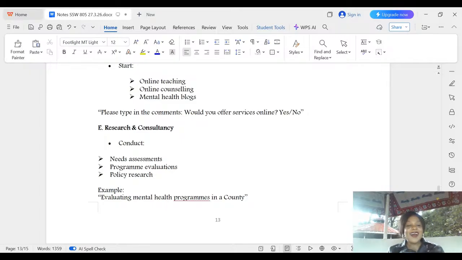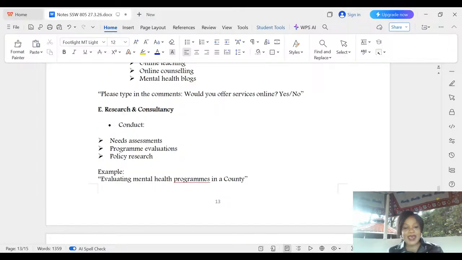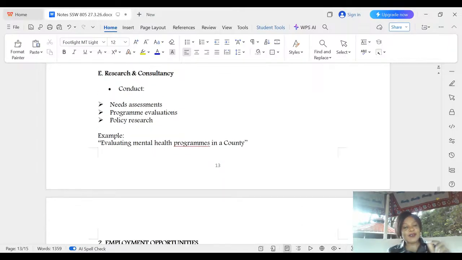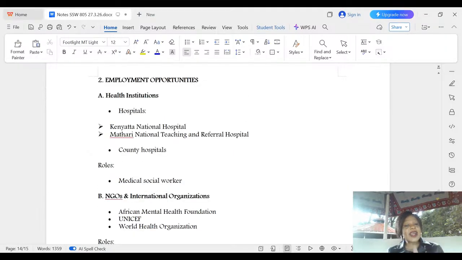Okay, for example, evaluating mental health programs in a county. They can hire you to do that. You can cut a niche basically doing research and consultancy. Then when it comes to employment, because self-employment is not for everybody, we still have gaps in health institutions, in hospitals, like in national hospitals like Kenyatta Hospital, Mathari National Hospital,